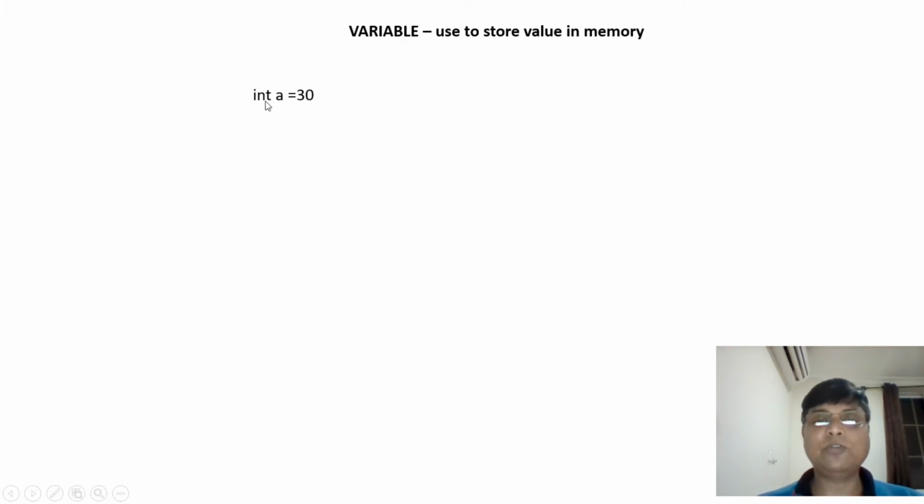What type of data do you want to store in the variable? Integer. So I have to declare the integer, the name of the variable, and I can assign some value. If I want to assign a value in the program, I can just use equals to a value. It means this value is held or stored by a. So this is one statement.